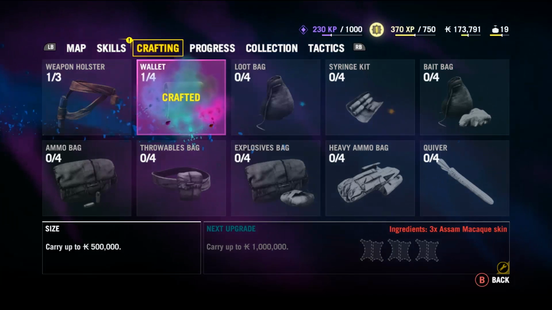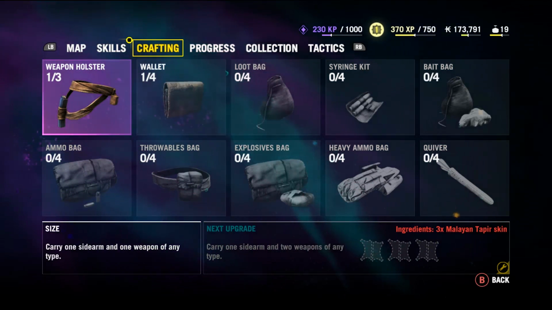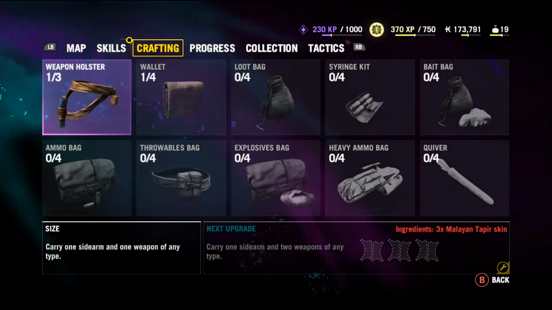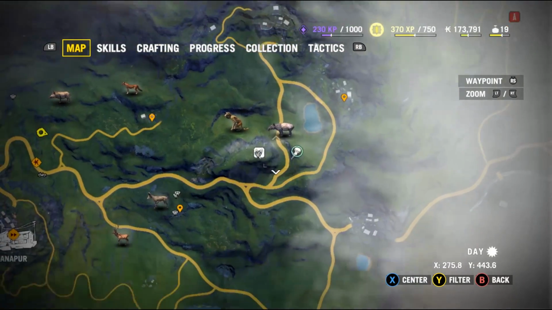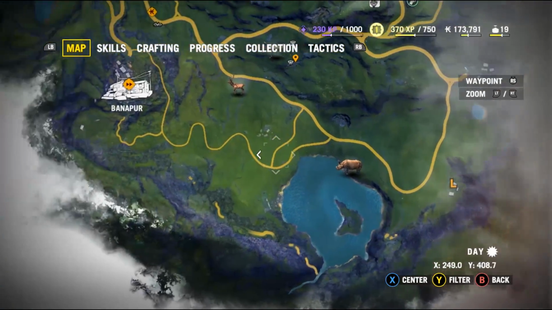I'm going to go ahead and make this wallet because I think after the Malayan tapirs, we'll actually have to do honey badgers to get that weapon holster. We've seen those Malayan tapirs before. They are actually near the bell tower. We saw a couple of them. So what I'm going to do is, where's Longinus? Longinus is right here. I'm going to warp back to Banapur real quick